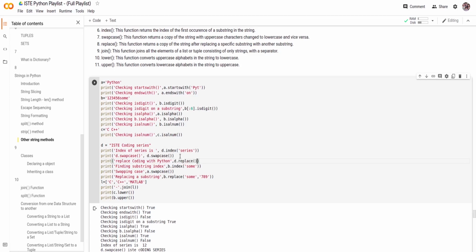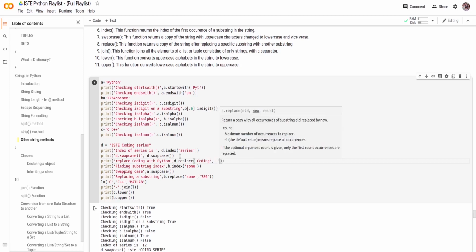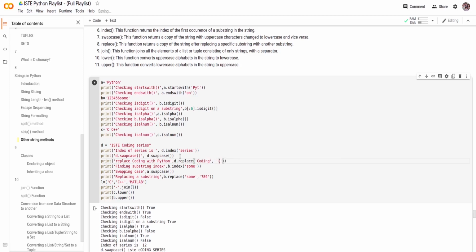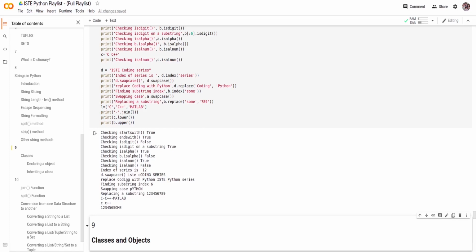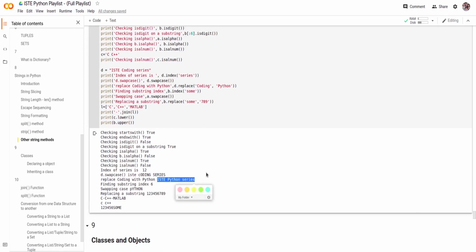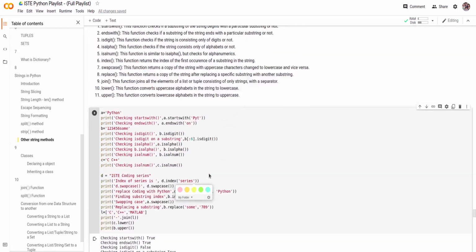It takes two arguments: one is what you want to replace, and the second is what you want to replace it with. So I want to replace "coding" with "Python". Let's see if this gives the correct output. See, I replaced coding with Python and it says "IST Python series" now, so it gives the correct output.